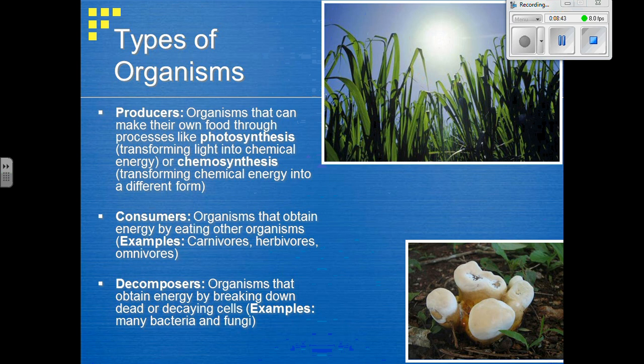Mushrooms, we often get confused. A lot of people say mushrooms look like a plant, they act like a plant, they're a producer. They are what we call autotrophs. Autotroph is a fancy way to say producer, but no, mushrooms are not autotrophs. Mushrooms are heterotrophs. A heterotroph is just a fancy word for consumer. They break down dead or decaying matter for energy. So, three types of different organisms.